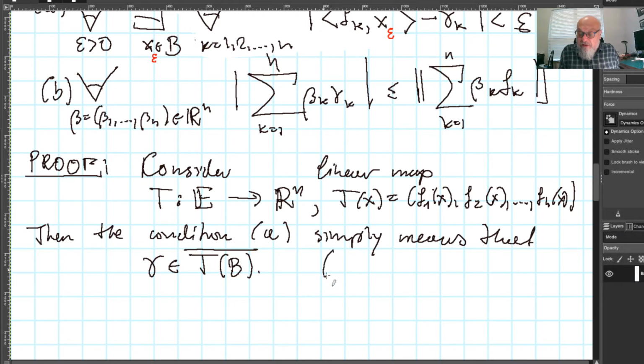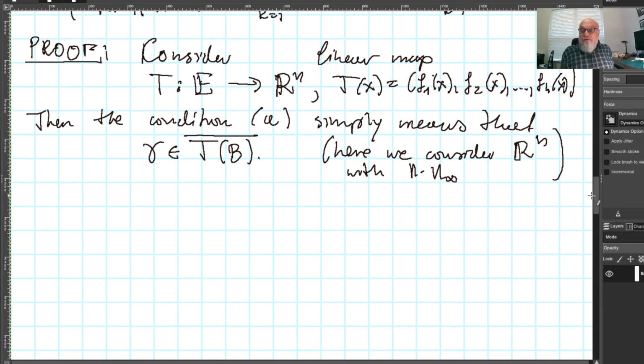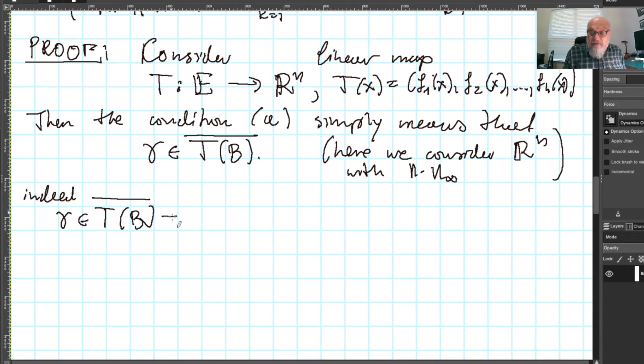Here, of course, we consider this space Rn with the norm infinity, the supremum norm, maximum norm, depends how you call it. So this condition means, indeed, that gamma belongs to the closure of T of B,